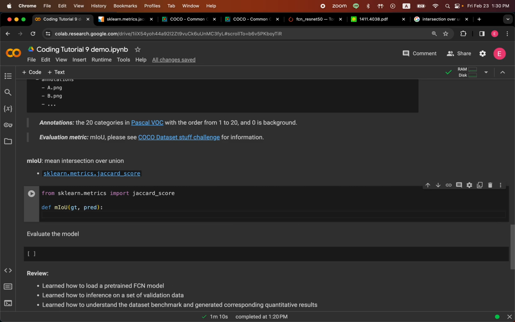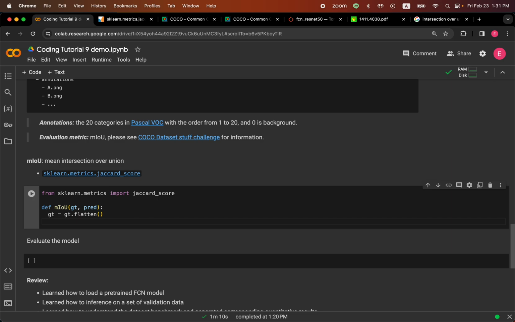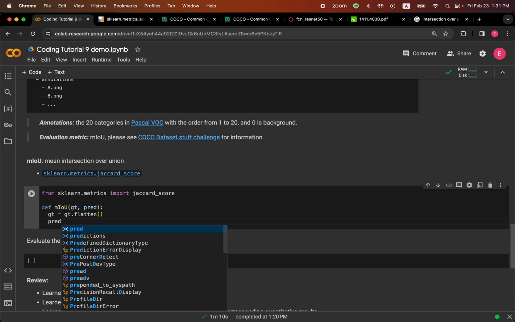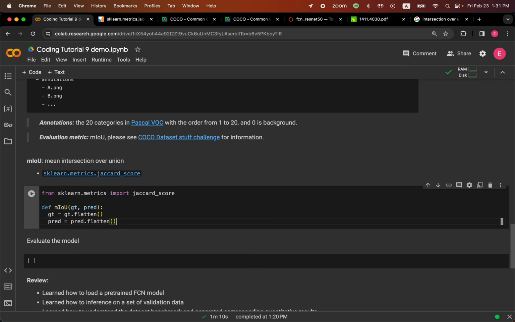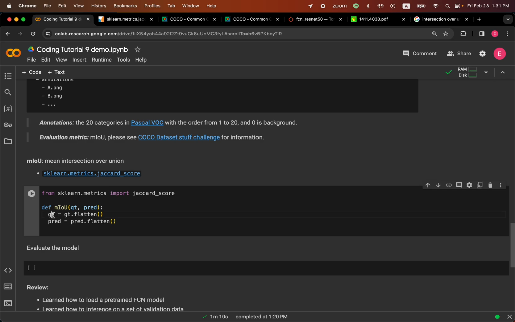So it can also calculate two-dimensional data, but for simplicity, let's just flatten it. Ground truth, call flatten. This is a function in NP array, and prediction flatten, so that everything is still in the same order if you have the same size of ground truth and prediction. And then MIOU score would be called the